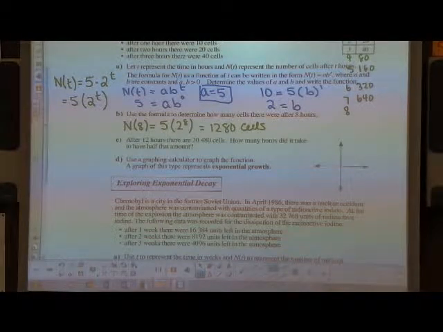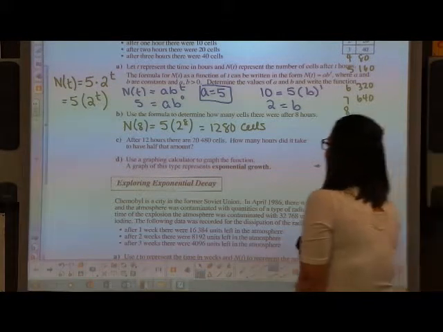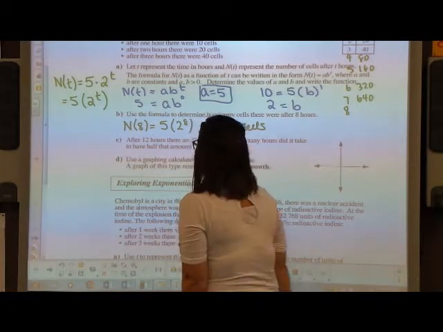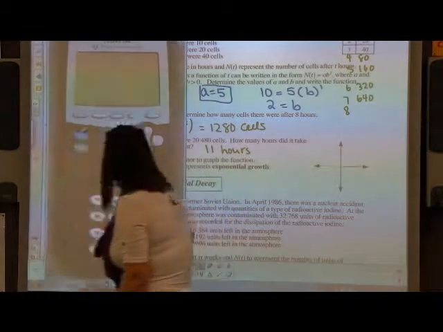How many hours did it take to have half the amount? 11 hours. Why 11 hours, Evan? Because it doubles every time. It's doubling each time. So now if we graph this,